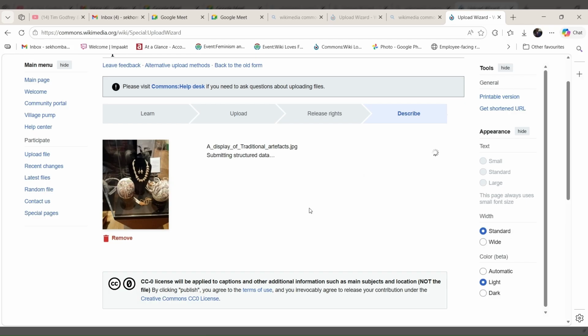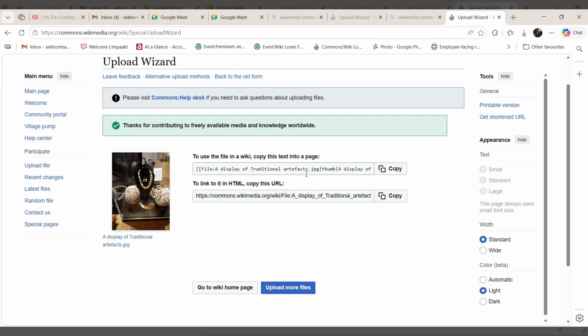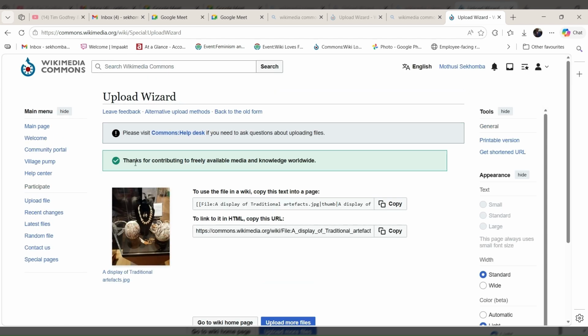So as you can see, the file upload is still loading. If it is successfully uploaded, you will get a pop-up like this one saying, "Thanks for contributing to freely available media on knowledge worldwide." Right. So thank you so much for